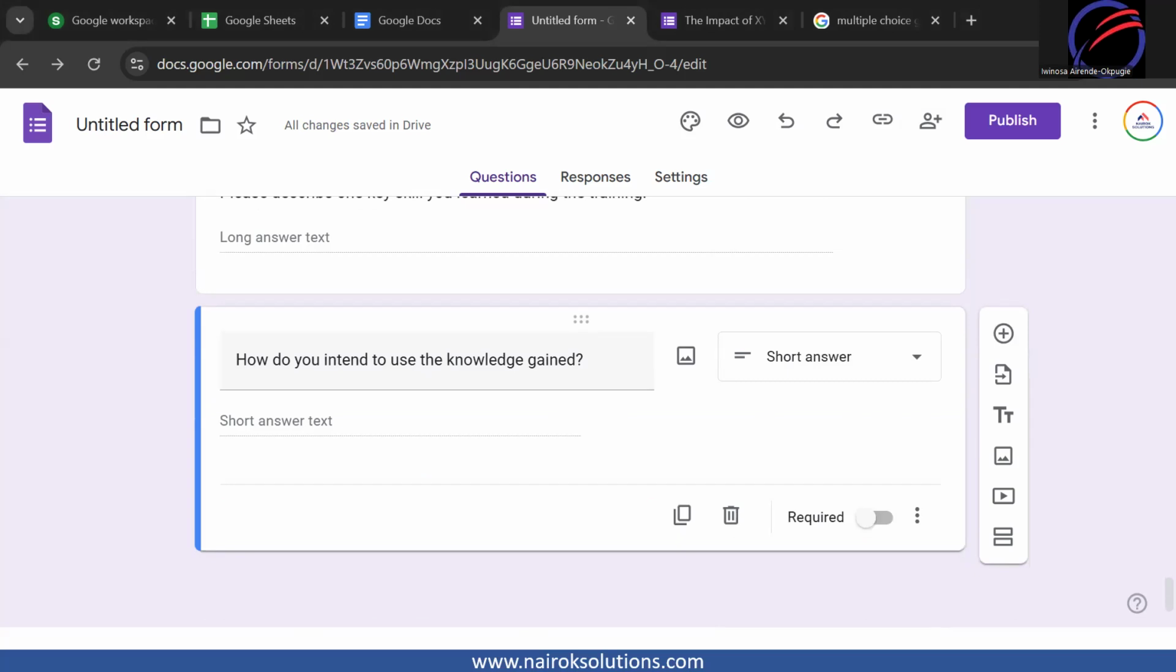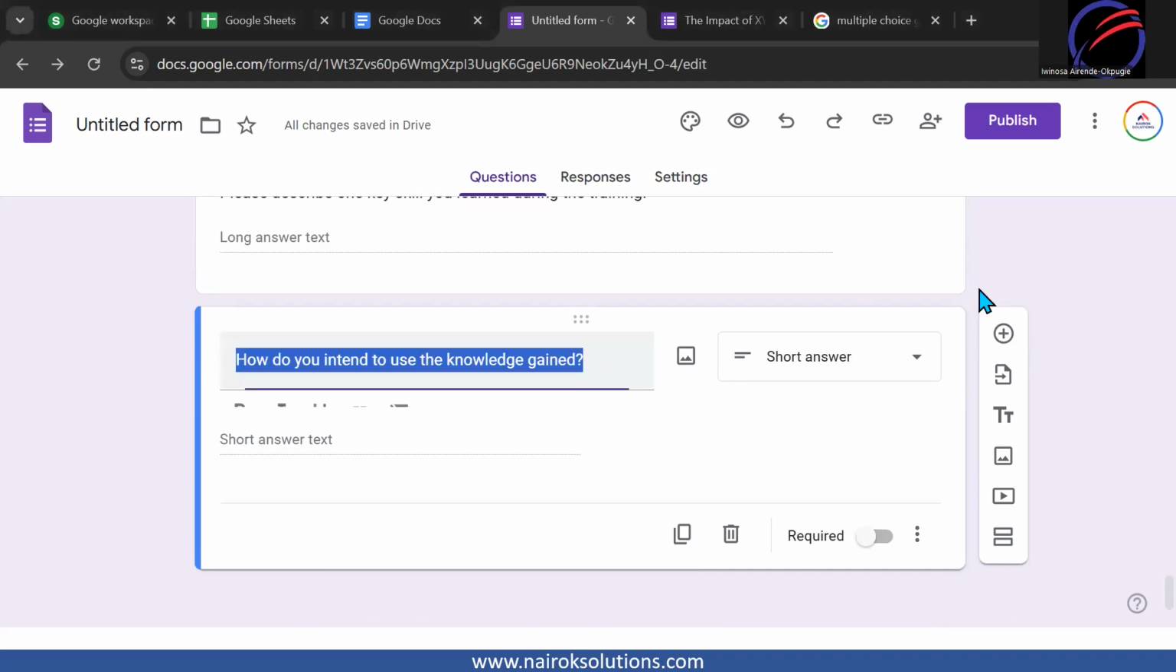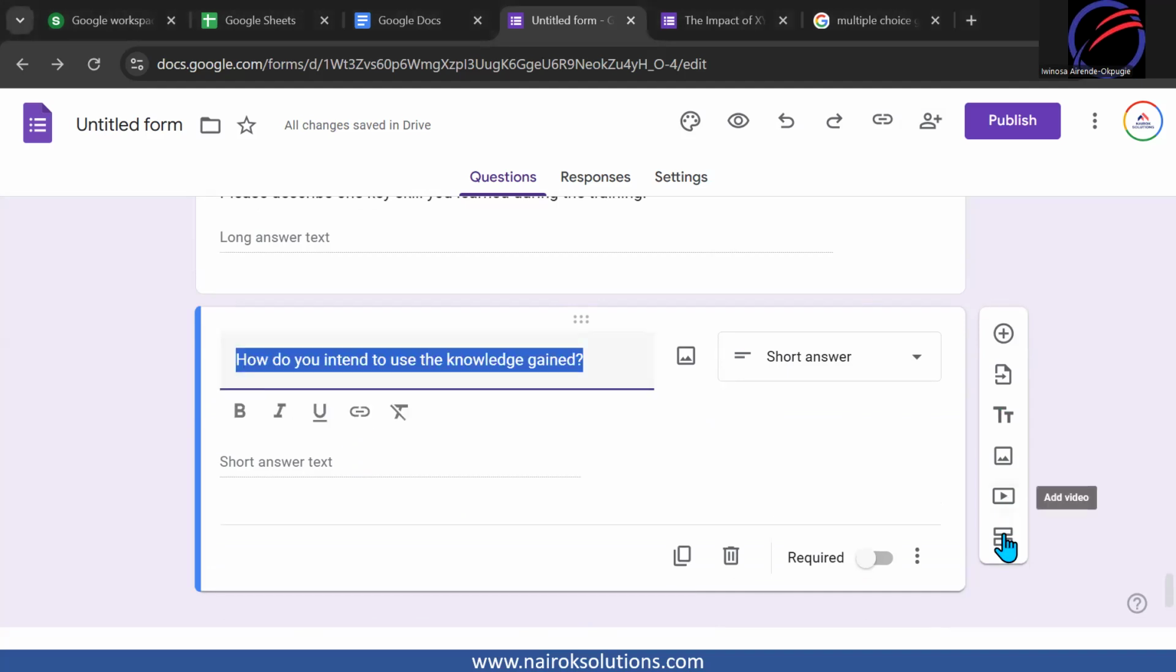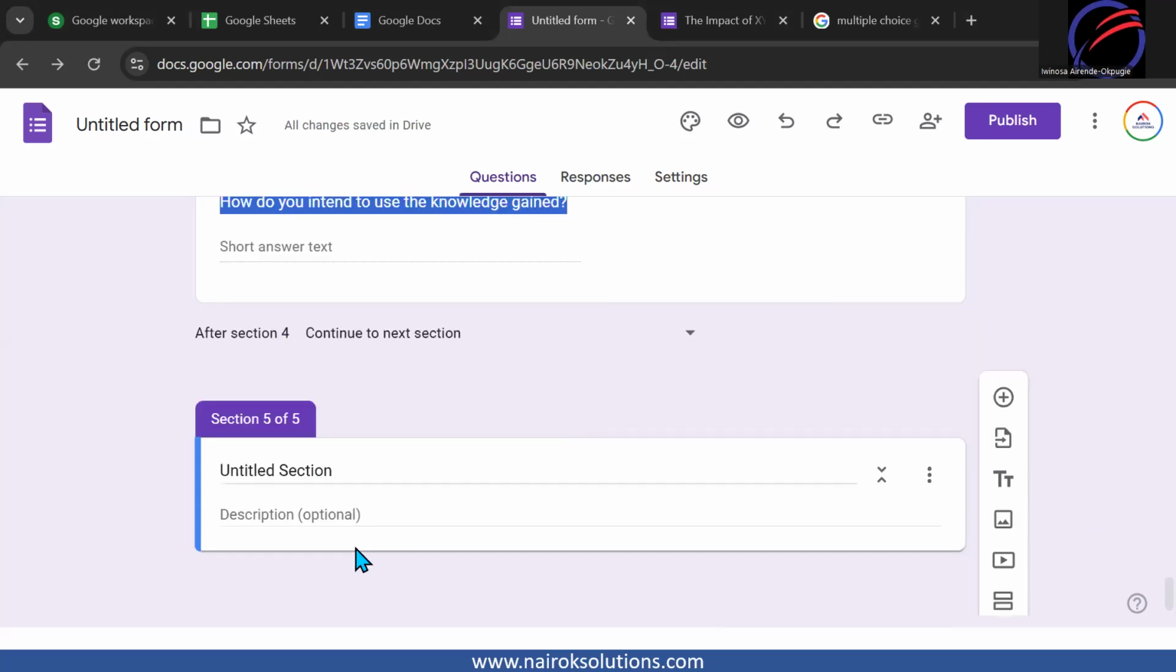And then finally, I want the next thing to be a section. So whilst I'm still here, I'll quickly come here and select add section. When I click on add section, it brings up another section here. All right, and then I can now go ahead to say this should be